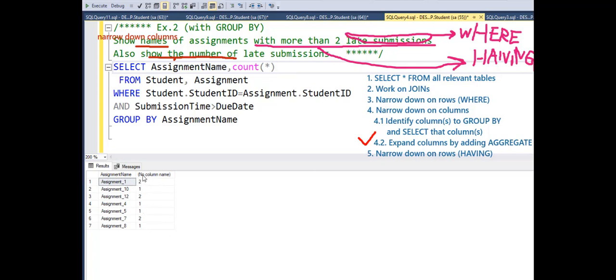Alright, so here, the column name is missing, so it's a good idea to give it an alias name. Num of late. Num of lates, for example, just to give it a nicer column name. Right, so